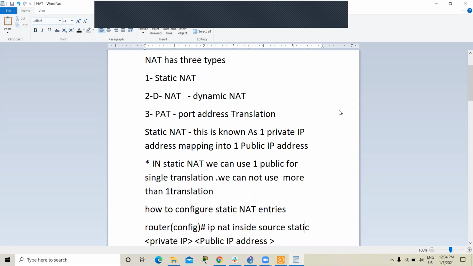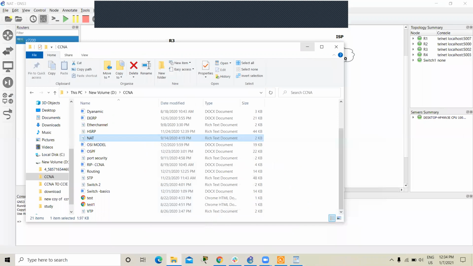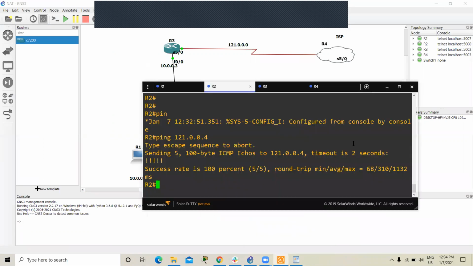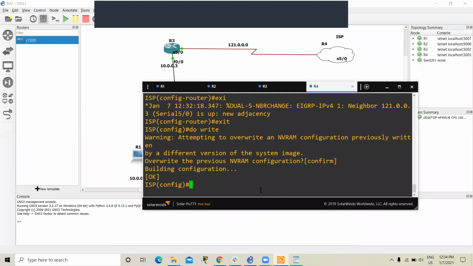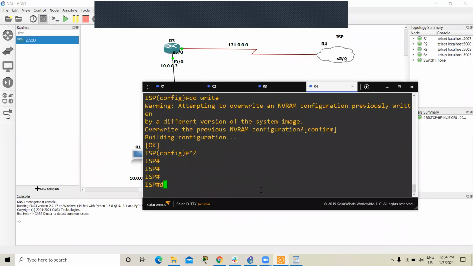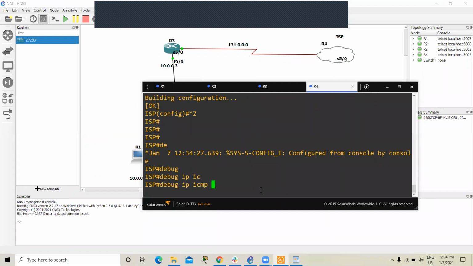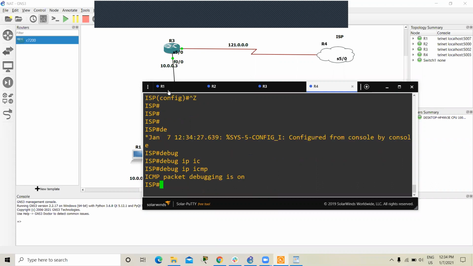First we go to our topology, and here I use the debug command on router 4, which is our ISP. The debug command is used to capture packets: debug ip icmp. Okay, debug is on.